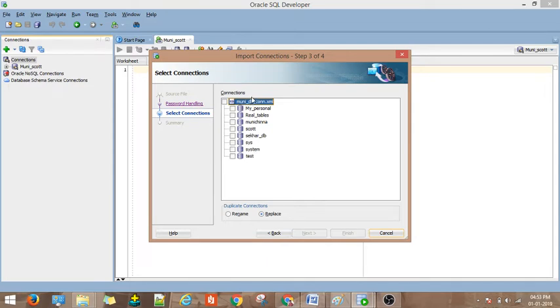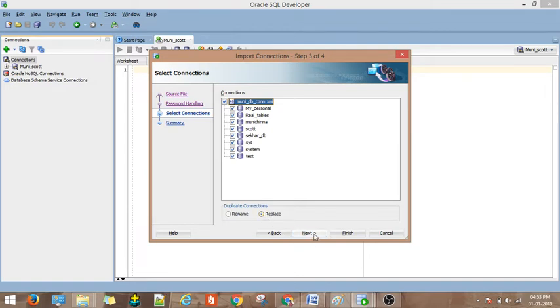In case you want all connections, click on this button. If you don't want all connections and want only specific connections, then select whichever connections you want. I want all connections, so I am clicking on this one. Keep the radio button as is on replace.